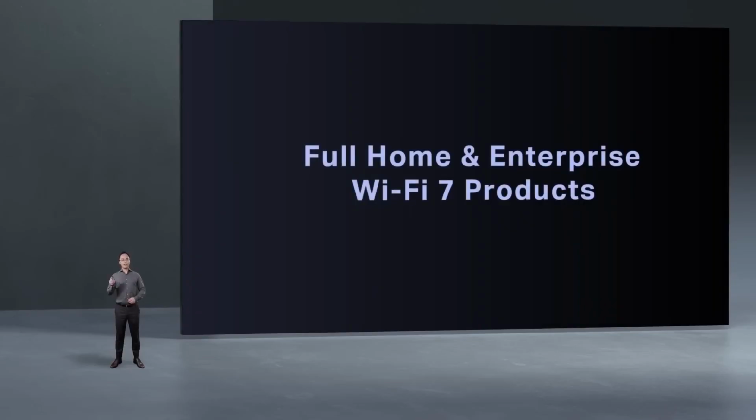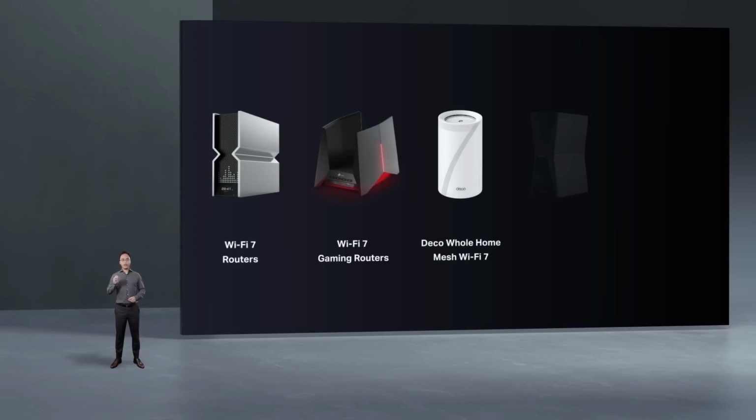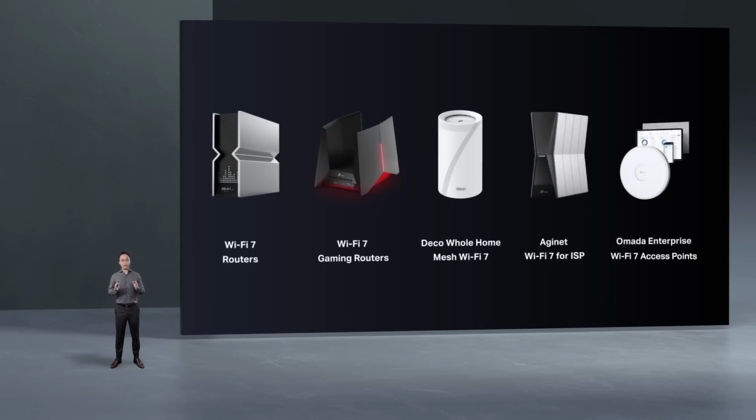Well, this is the first stage of TP-Link's Wi-Fi 7 products. TP-Link is now the first vendor to release a complete line of home and enterprise Wi-Fi 7 products that provides reliably smart connections. For Wi-Fi 7 routers, we have 3 models: